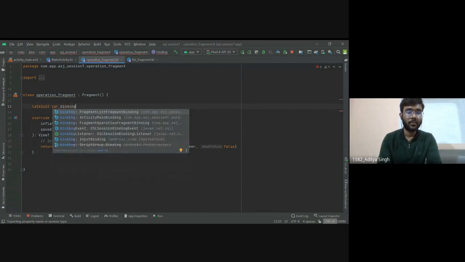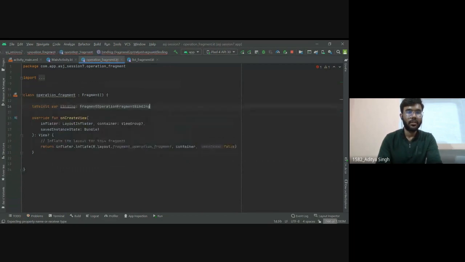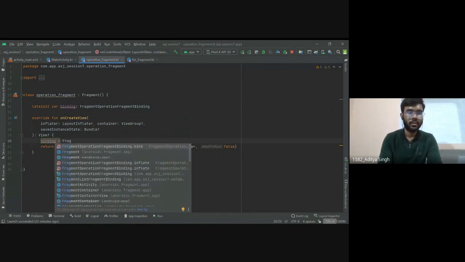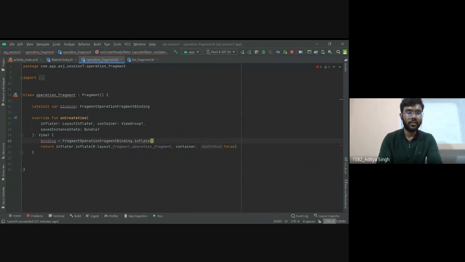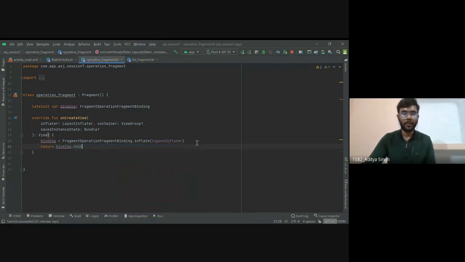Binding, and here we return binding.root as I did earlier. So it's done.